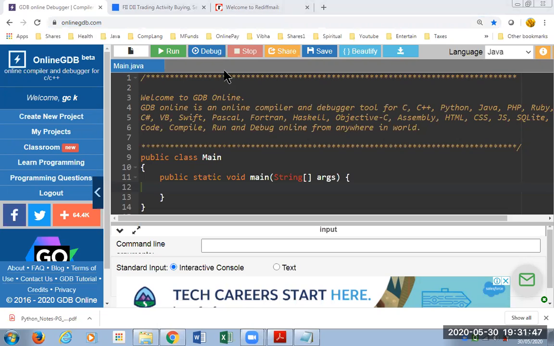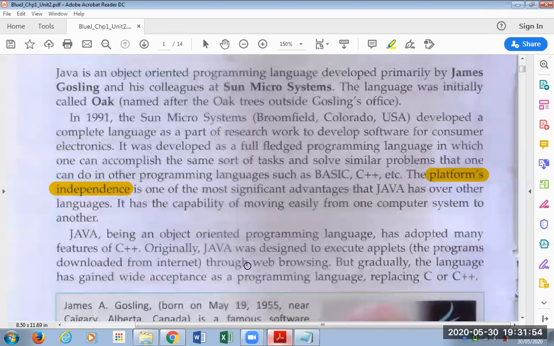Such programs which run through your browser are called Java applets. So originally Java was designed to execute applets, the programs downloaded from the internet through web browsing.